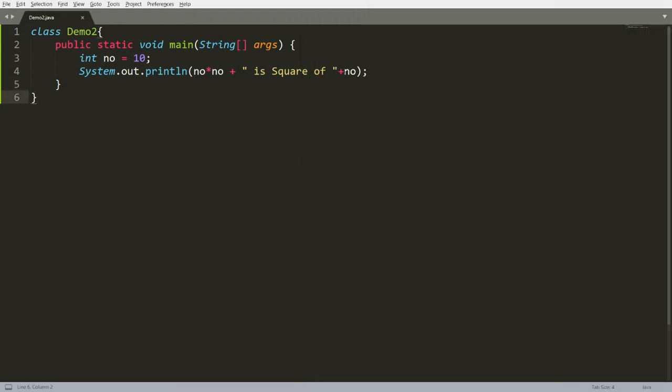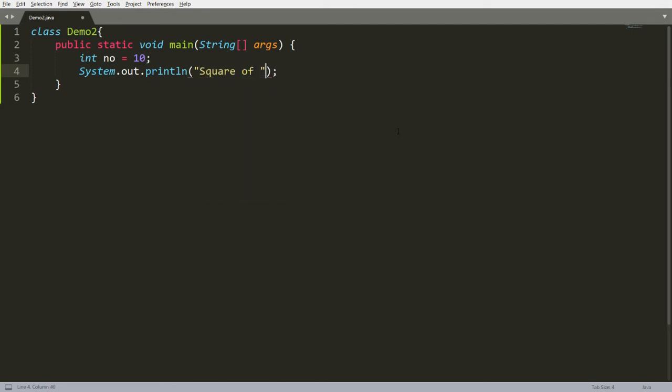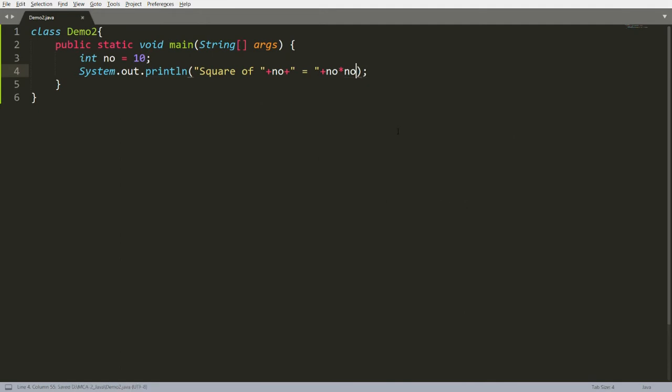Suppose you are writing like this: System.out.println, and you write "square of", then number, then "is equal to", and now I'm writing number multiplied by number. What happened in this case?